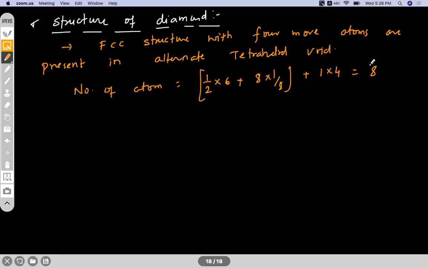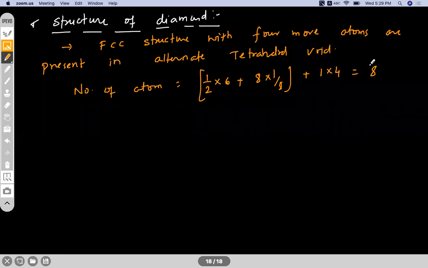Hence the coordination number is 4. Right? Carbon atom present in tetrahedral void is in contact with its 4 other nearest carbon atoms. Coordination number is 4. Next point, the carbon atoms in the FCC lattice